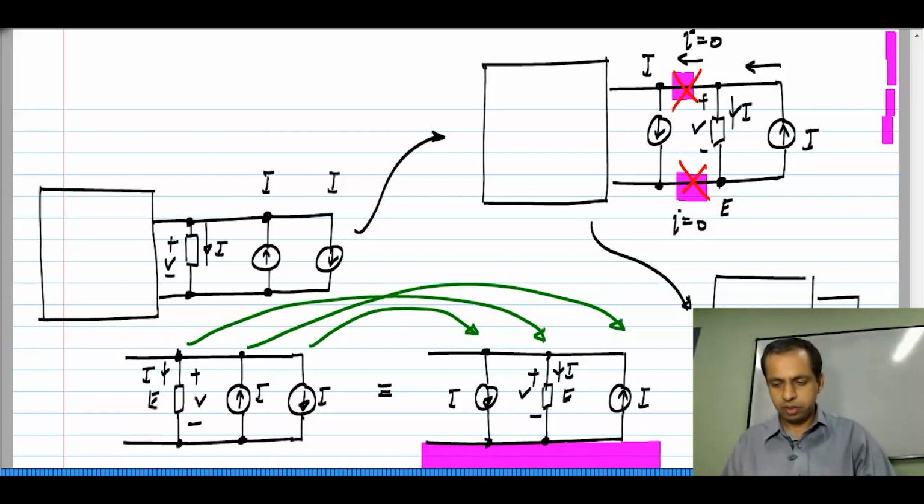Okay. Now, if you recall, this is the same as the original circuit, and this is the same as this circuit, and this is the same as that circuit. When I say same, what I mean is all branch voltages and currents in the circuit are the same in this case and the original case. So, clearly it follows that